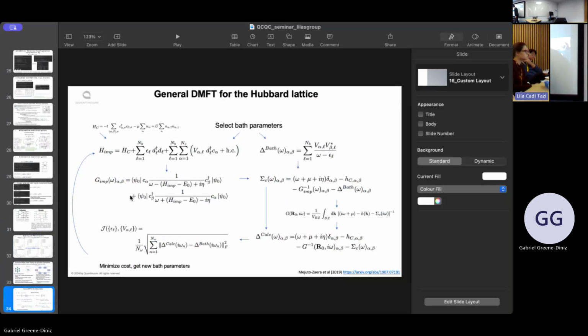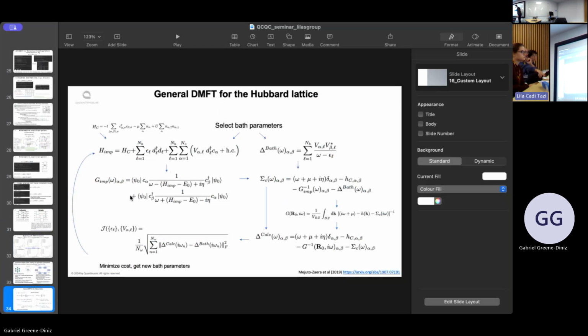So you have these one body excitations between an impurity and a bath, and those parameters for the impurity bath interactions define something called a hybridization function, from which you can get your Green's function and your self energy for the impurity model. And then you want to fit that impurity Green's function to a representation of your Green's function